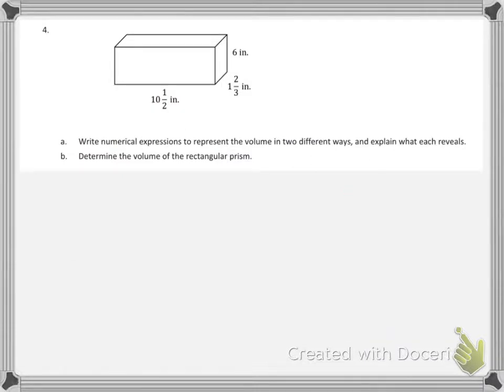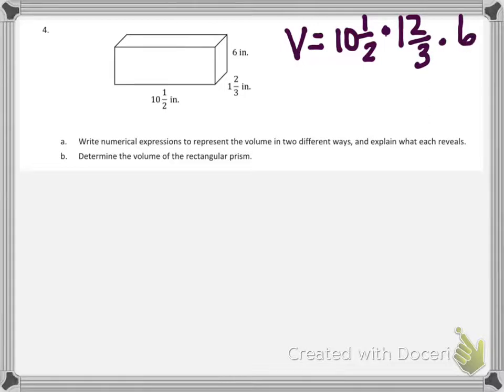Write a numerical expression to represent the volume in 2 different ways. Well, we've talked about that. We can say the volume equals length, so 10 1/2, times width, 1 2/3, times the height, 6. We could do it that way. Or we could write volume equals the area of the base. Well, the area of the base is going to be 10 1/2 times 1 2/3. So that's 21 halves times